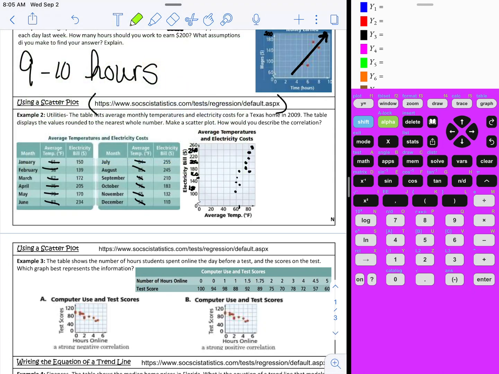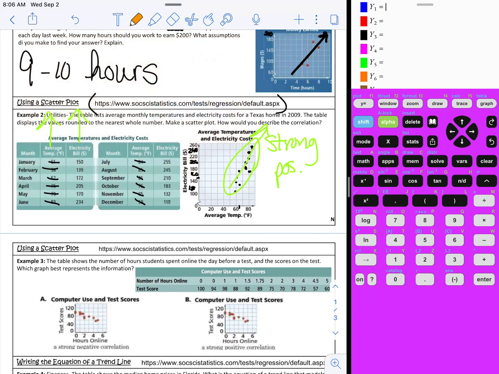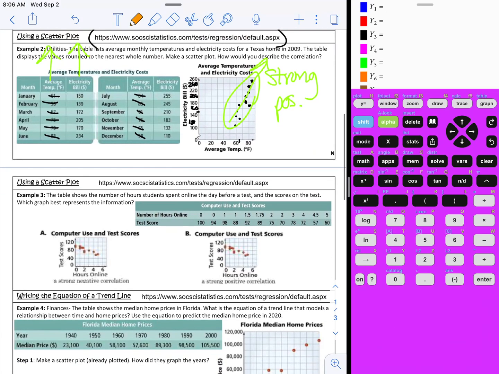Make a scatter plot. How would you describe it? These are pretty close together in my opinion, so I would say it would be strong and it would be positive, because it's going uphill left to right. So all of that to say it's strong and positive. In other words, as the temperature goes up, the electricity also goes up. I know that definitely happens at my house because we use electric to cool our house. And it definitely is true, because the warmer it gets in the summer, the more expensive my electric